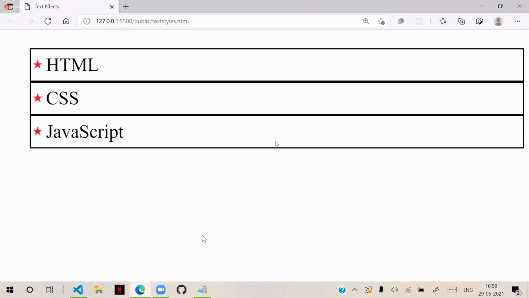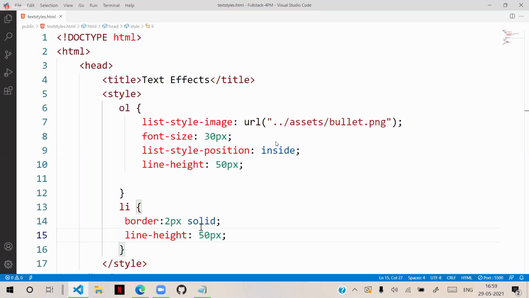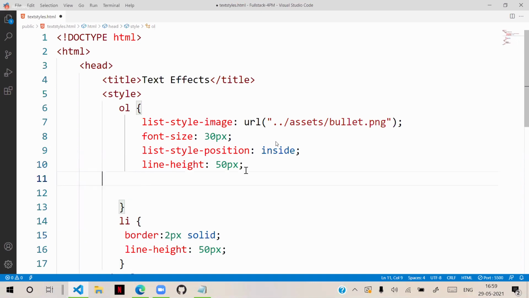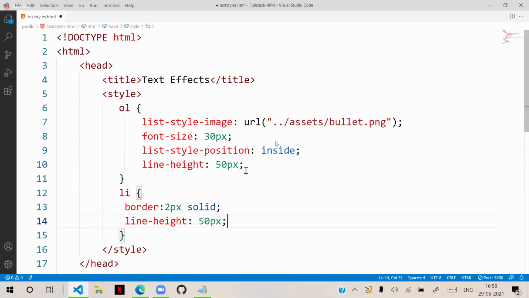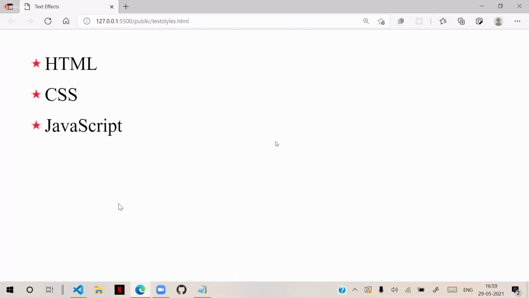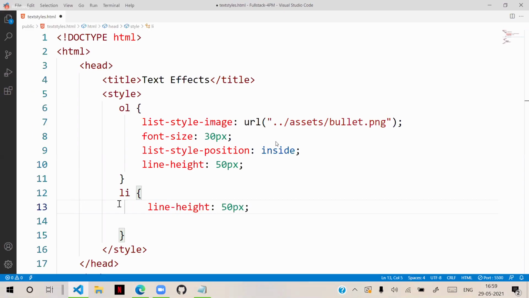Space between the lines, we already discussed that we have to manage by using margin. That means for every list item, we need to adjust the bottom margin. If there is no border, it will be okay, it will show that height distance. But when you are having border, then line height is not enough.